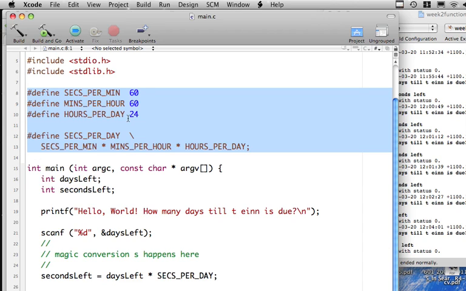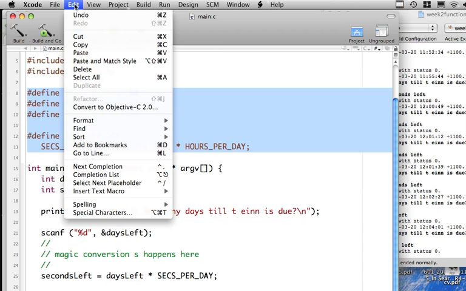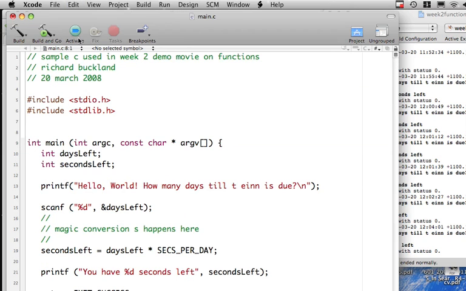But if you've got too many of them, or everything starts getting clouded, or they start getting in the way, then best to move them out to our own little separate place, unless we need to be staring at them all the time. I claim we don't really need to be staring at this all the time, because once we've checked that it's right, we probably don't need to keep looking at it. It's good to be able to look at it if we need to, but it doesn't have to be occupying this valuable real estate right at the top of the program. So we could cut it out of there,